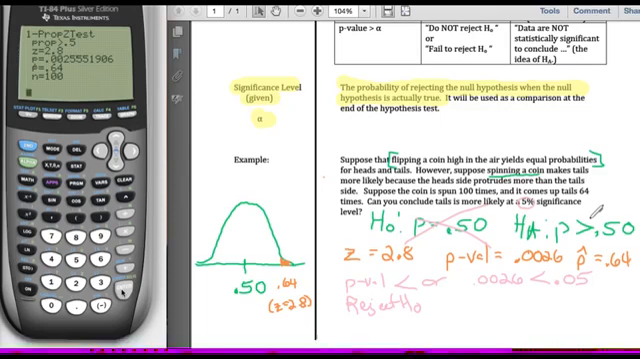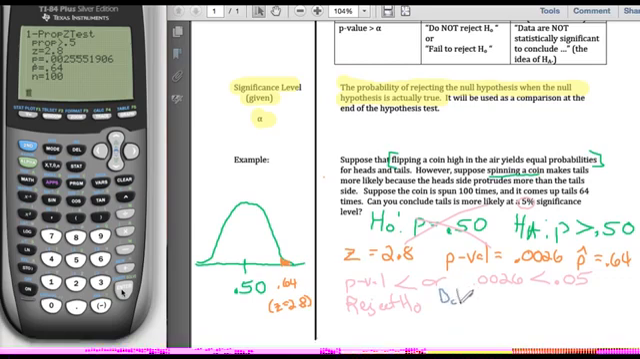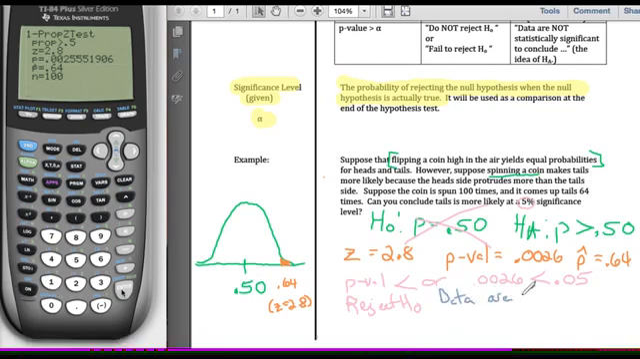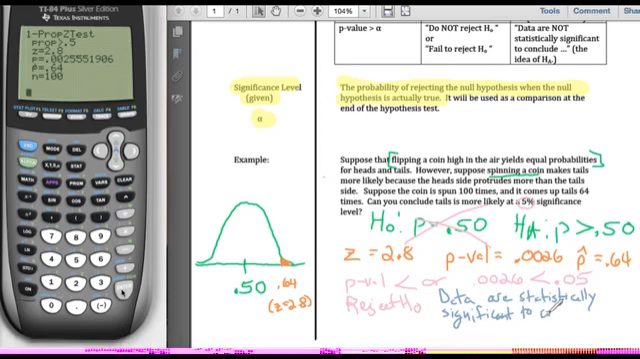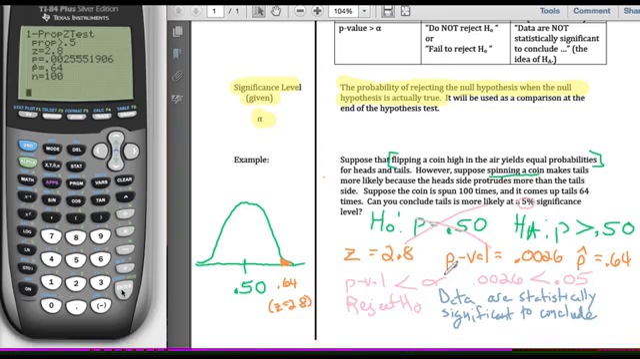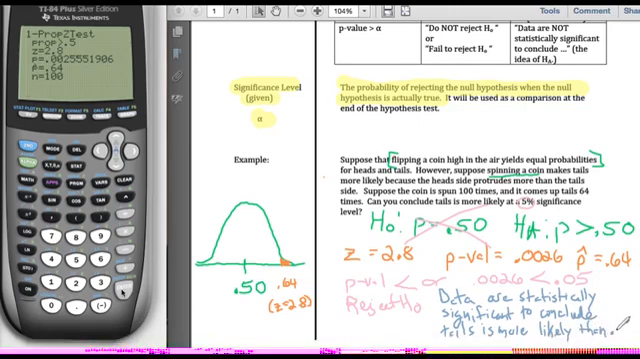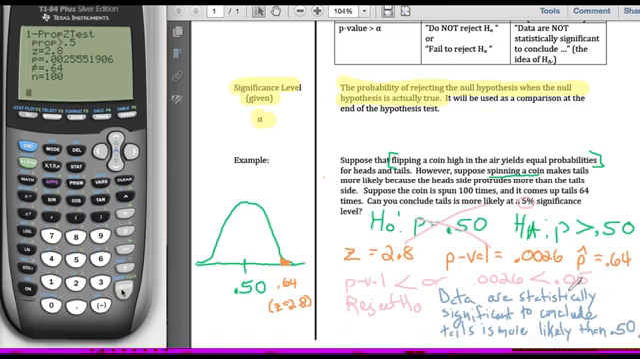So I could say that the data that we have collected from this sample are statistically significant to conclude tails is more likely than 0.50. I don't know exactly what it is, but the evidence that I have is saying that it's somewhere